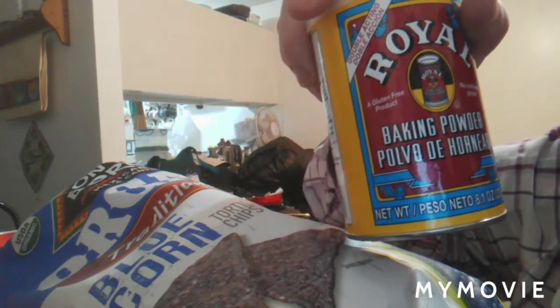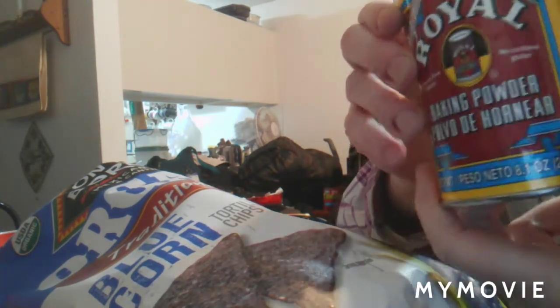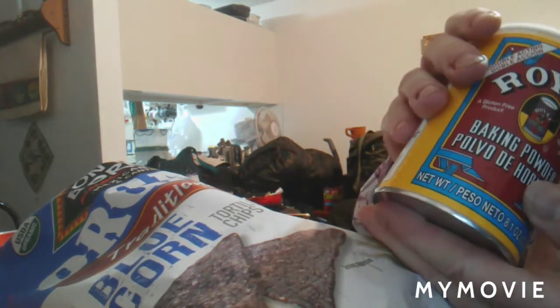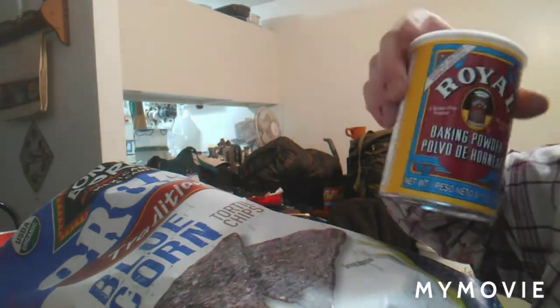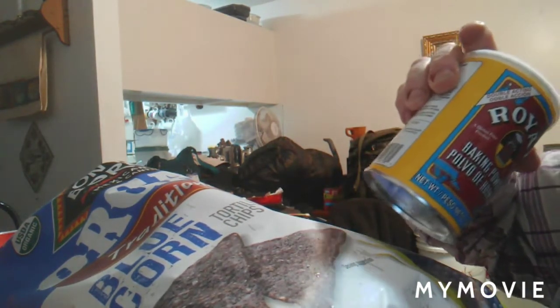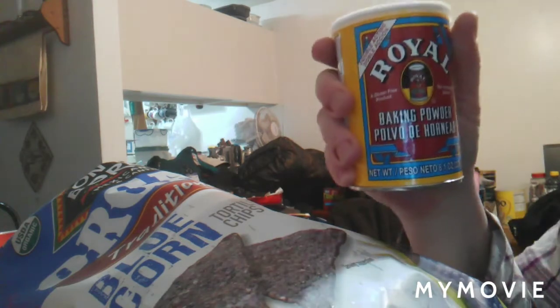Okay, I picked up this small container of baking powder, and because it is in one of those cardboard cans, even though it's foil lined, it could be subject to moisture penetration. And it rained like crazy today, and it got cold. So when I left Walmart and I was at the bus stop, it was 47 degrees Fahrenheit. But anyway, I will let this can dry out, and then